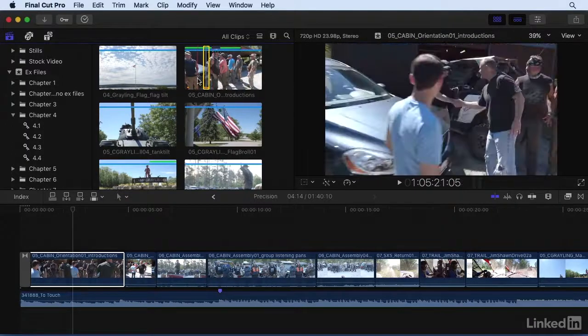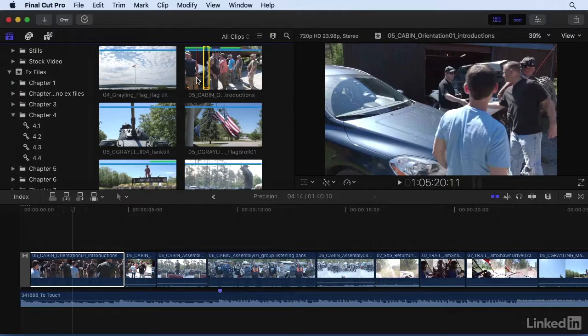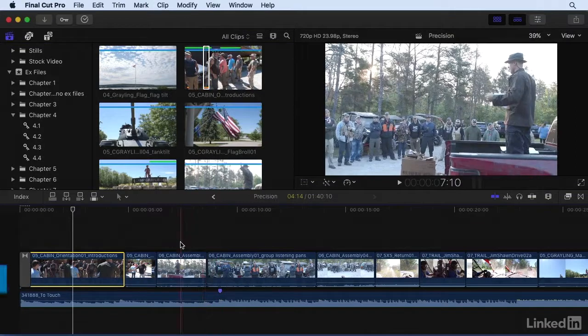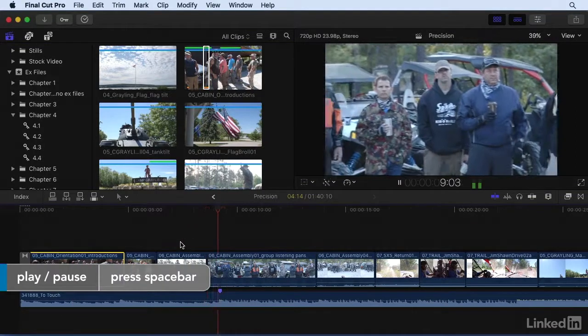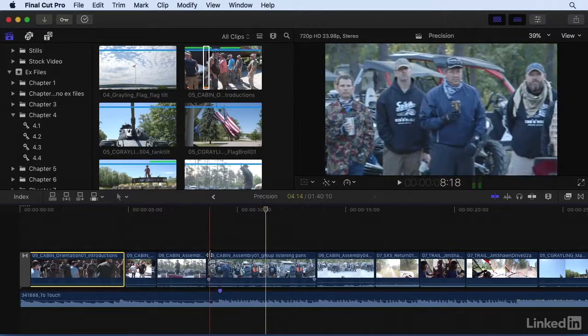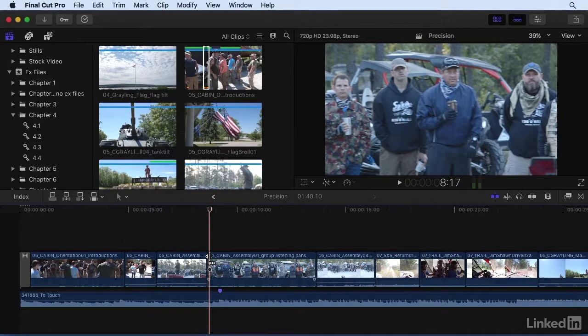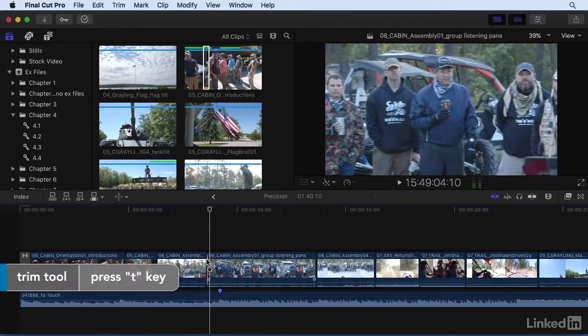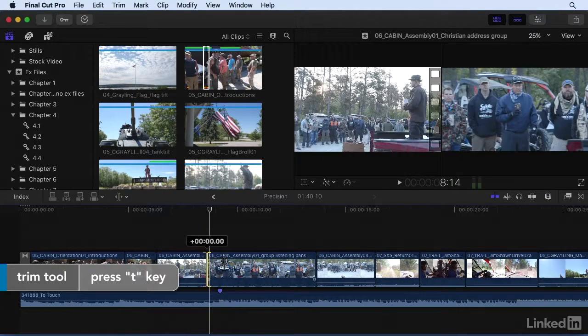And most of the time, I have more than enough when I need to trim. Sometimes, however, that's not the case. So let me come to this marker here where I have a little timing issue. There's a beat in the music that I would like to match the beginning of this shot with. Well, my instinct says that a roll trim would be a really nice way to get that transition point over. So I'm going to activate my trim tool T and then grab onto the transition point and roll it over,